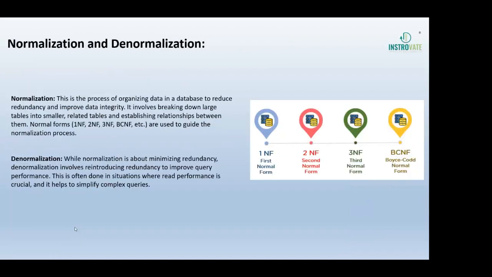Okay, now let's move forward, and now we will come to normalization and denormalization. As I explained, normalization organizes data to reduce redundancy, while denormalization reintroduces redundancy for query performance. Here many types of normalization forms are available, but basically here we will first learn first, second, third, and BCNF